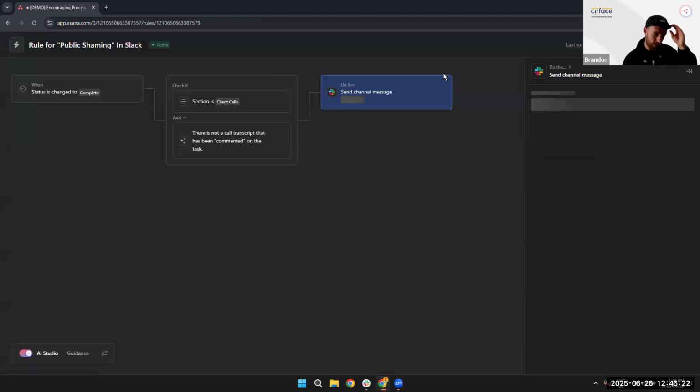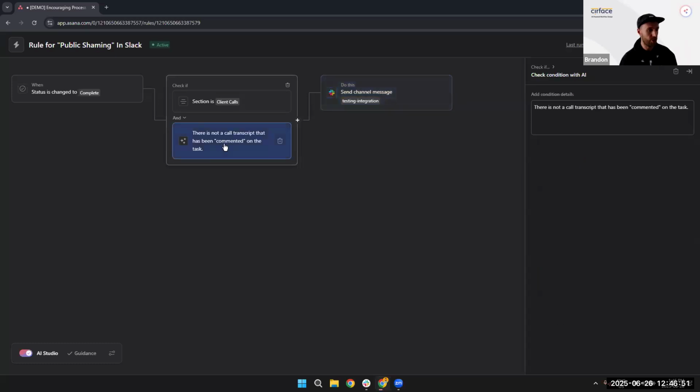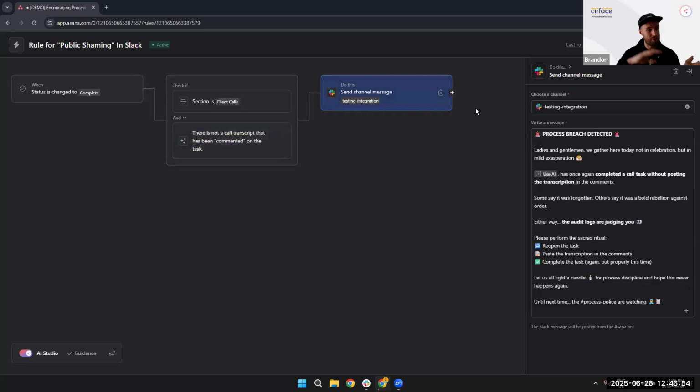And you're actually going to find this familiar because Marquis showed you this external connection earlier on today's call, where you can send a channel message in Slack based on a trigger from Asana. This rule says that when a task gets completed, check if that task is a client call. The way we define that is by being in the section client calls. And if it is, and there is not a transcript that's been commented on the task, which is our AI condition, then let's send a message into our Slack channel to basically say, hey, ladies and gentlemen, a